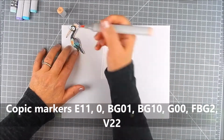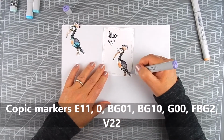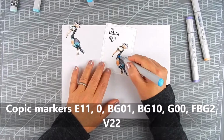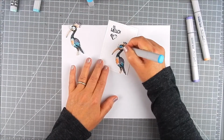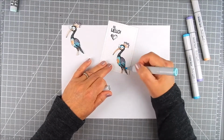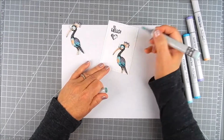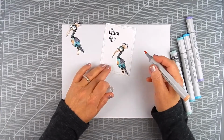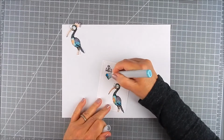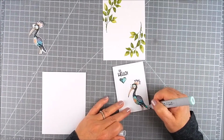Now I'm adding a little bit of color to the bird. I stamped the bird twice, and I am making a top panel to go on the card front, and then another bird for the inside pop-up element. I am just slowly accenting the coloring, but you can use any kind of coloring you like. I'm using Copics for this. They are listed here and on my blog, and you just color how you want. And so I decided to make it a variegated looking bird. And so here's the card